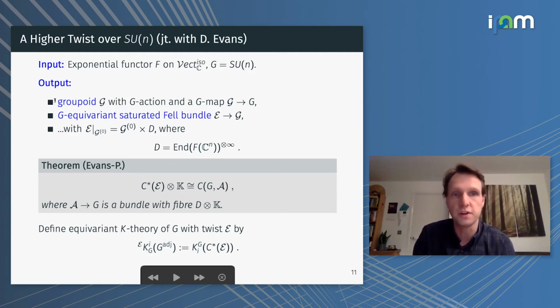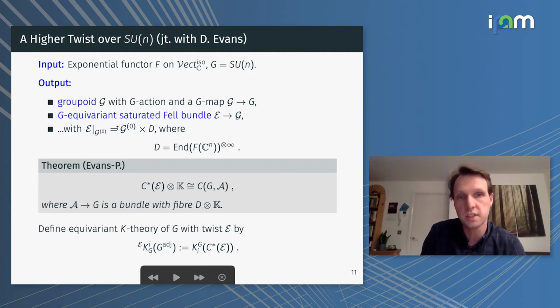The output of our construction gives us a groupoid that comes with a G action that covers a map to the group that is equivariant with respect to the adjoint action, and we also get a G equivariant saturated Fell bundle over this groupoid,